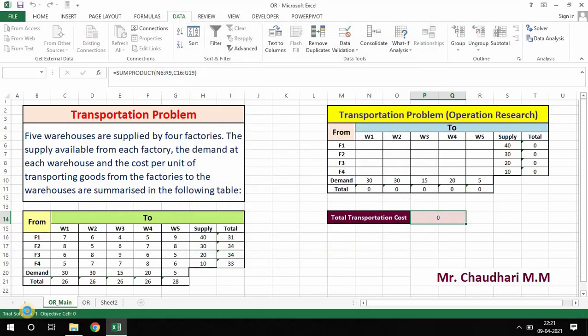After clicking on the Solve tab, there are trial solutions 1, 2, 3. This calculates the exact cost from sources to destinations, depending upon the supply as well as the demand. So wait.